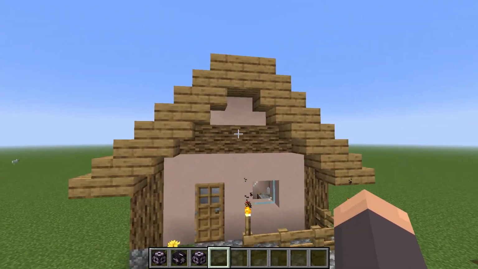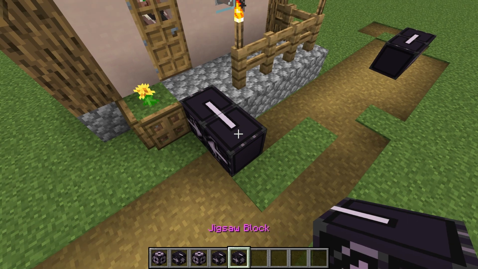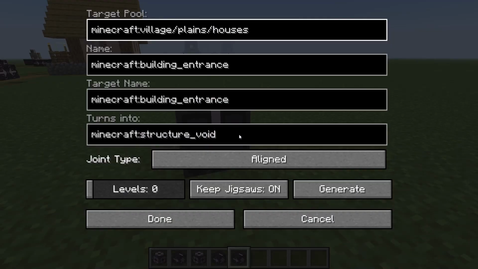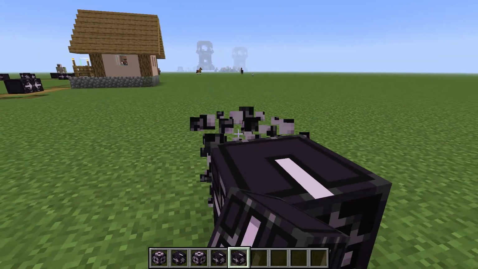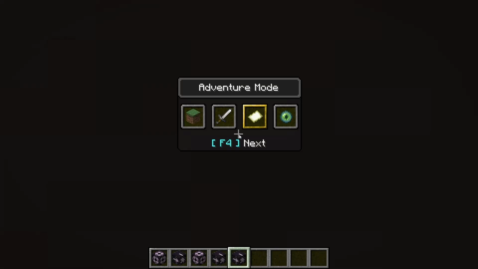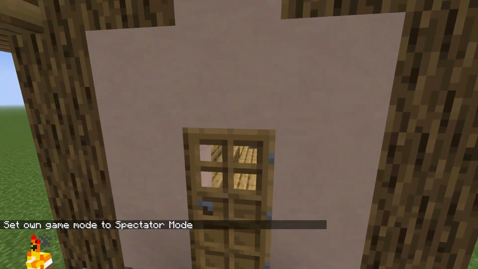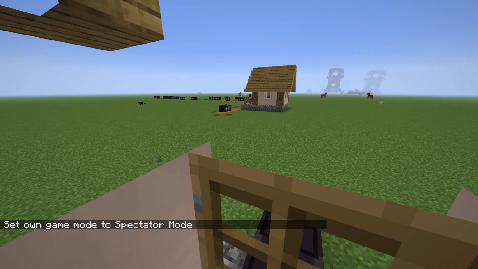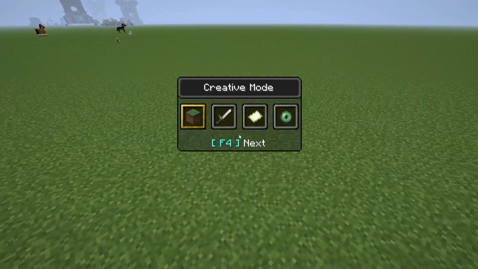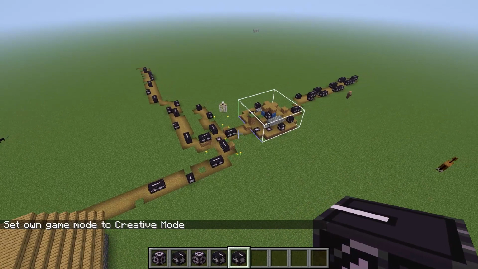You can see that it'll generate a house just like this. But if I take this same jigsaw block, again control middle clicking to get the NBT, and I place it back down here, and I set the levels to 7, I got inside of the house, you'll see that it actually generates a different house. This one generated the temple, and this one generated, I think, a mason's house, but it was the same jigsaw block. So basically, jigsaw blocks are used for making larger structures and